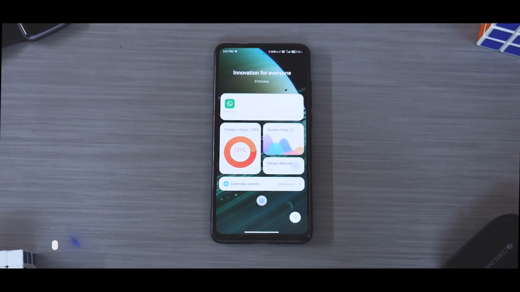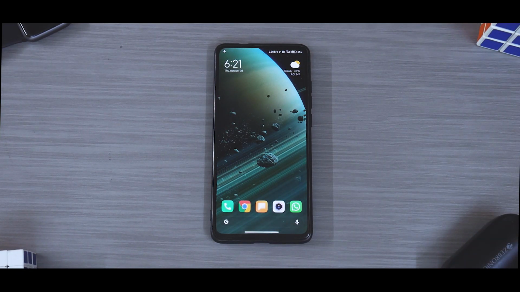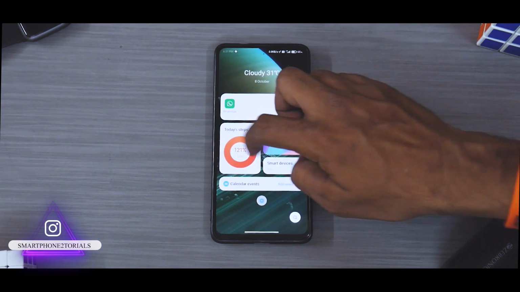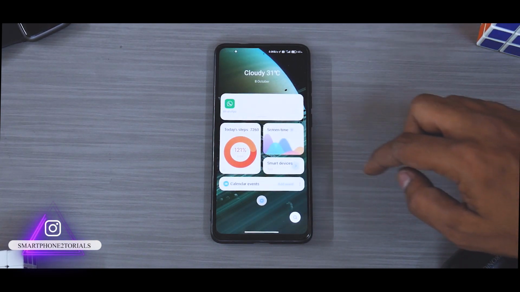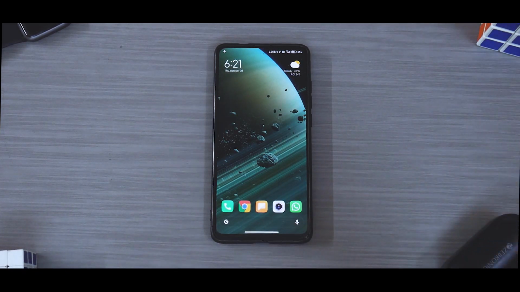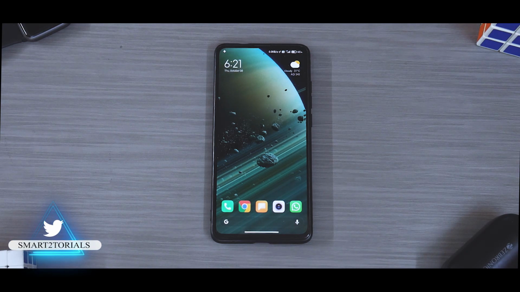So all of them are working just fine, and it is very coherent, integrated in such a smooth way that you don't really feel that this is a third party skin, or this is really lagging or something like that. It does have its lags and performance issues compared to the AOSP ROMs, of course. Any custom Android skin will, but not to discredit Xiaomi.eu.